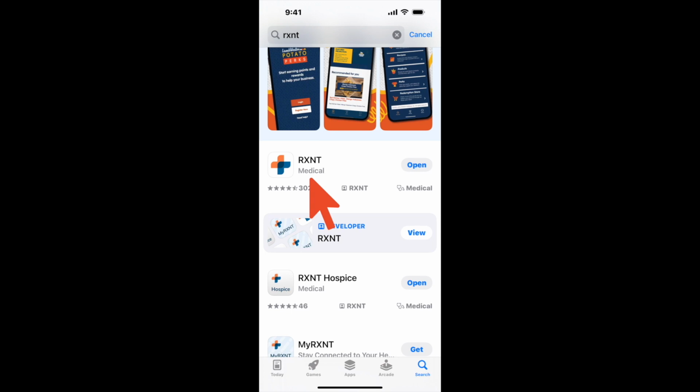RXNT Hospice and RXNT Medical seem to do the same thing. I've always been instructed to use medical, so I use that one. You'll go ahead and hit get or download on that one. I already have it, so mine says open. Once you download it, you'll return to your mobile device, and you should see this icon right here that says